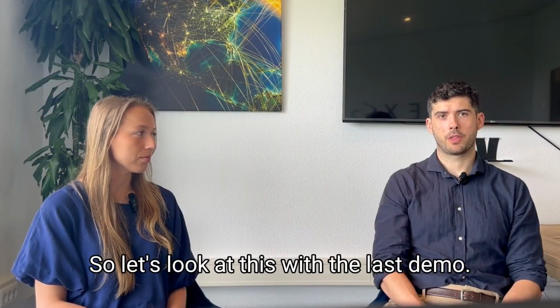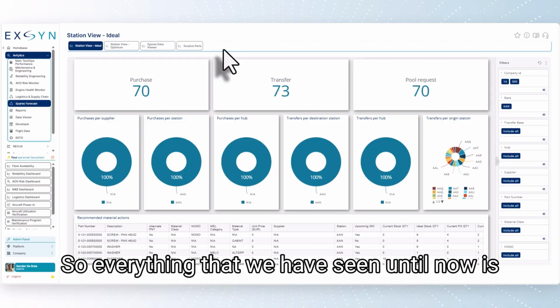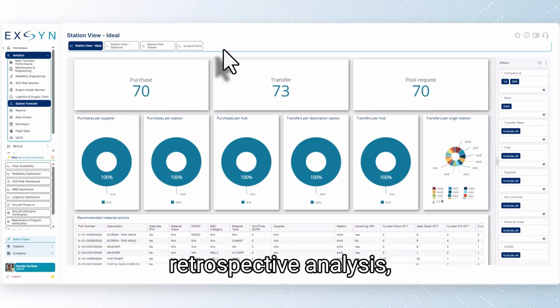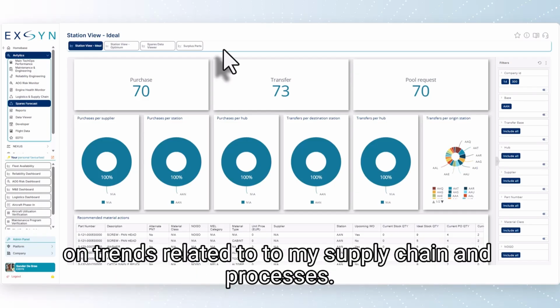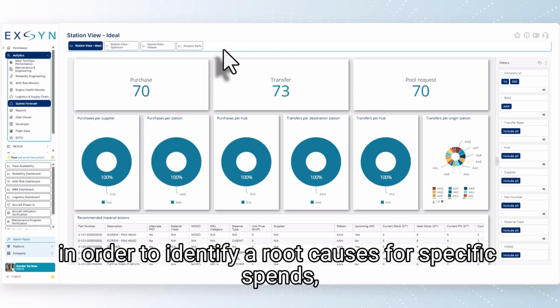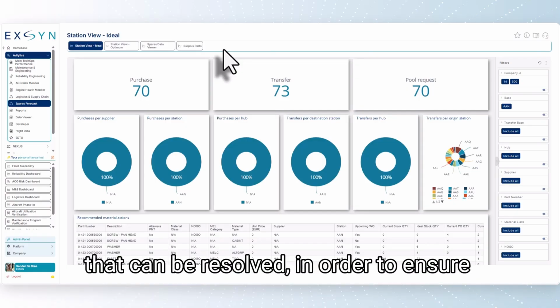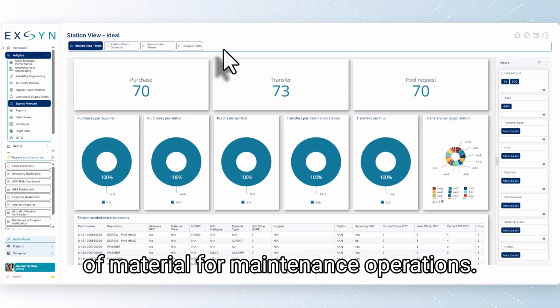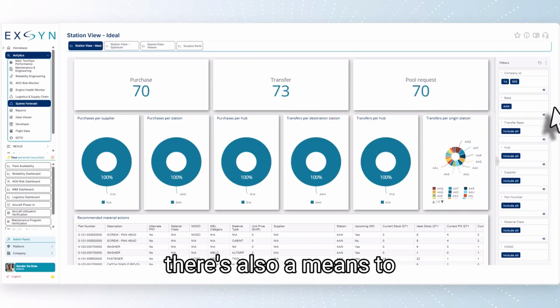So let's look at this with the last demo. Everything that we have seen until now is retrospective analysis on trends related to my inventory, on trends related to my supply chain and processes. Very useful in order to identify root causes for specific spends or issues that I have or bottlenecks in my supply chain processes that can be resolved in order to ensure on-time availability of material for maintenance operations. However, in the EXSYN platform, there's also a means